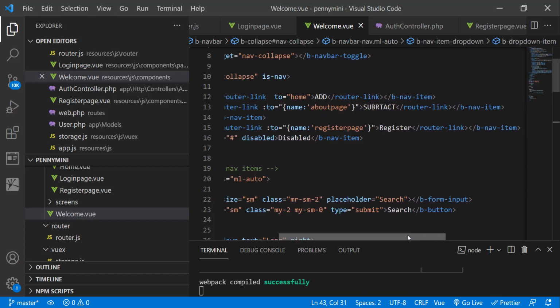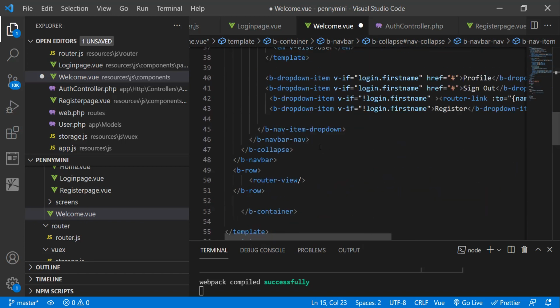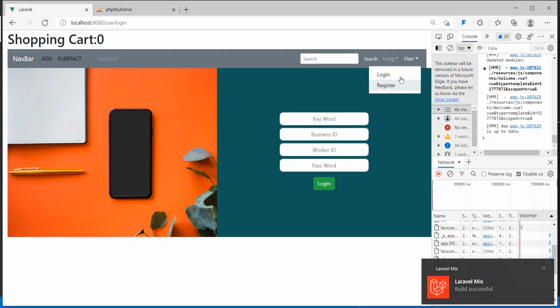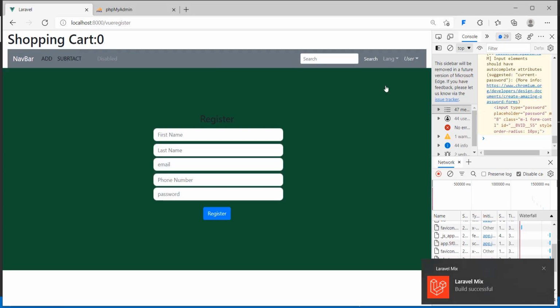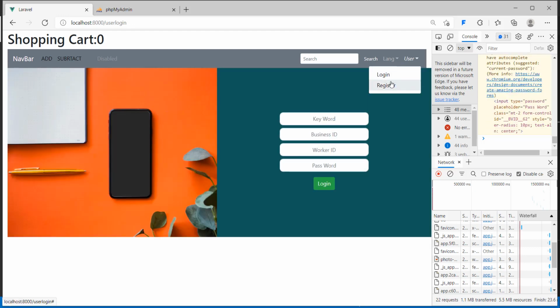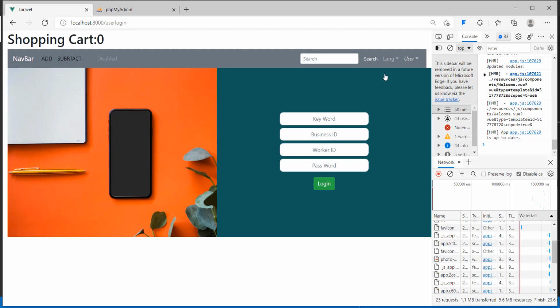So all right, so I'm going to take out this. So router link. Great, so I'm going to just come here on the register and then I include that. Great, so if we go back onto our code and we check, you can see the register is there, and when I click, it takes me to the register. When I click to this, it's supposed to take me to the login. Okay, there you go. So there you go, register, login. All right, so let's meet in the next video where we're going to make sure that we sustain any person who is